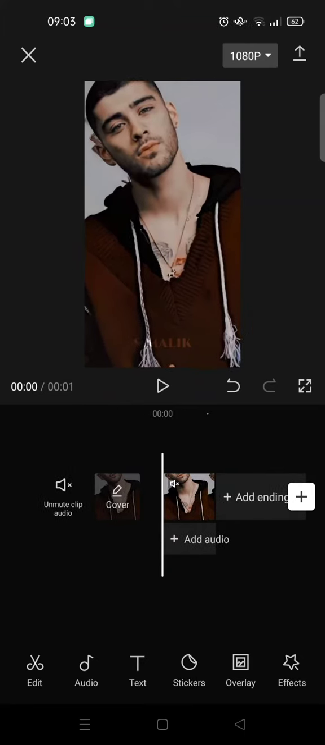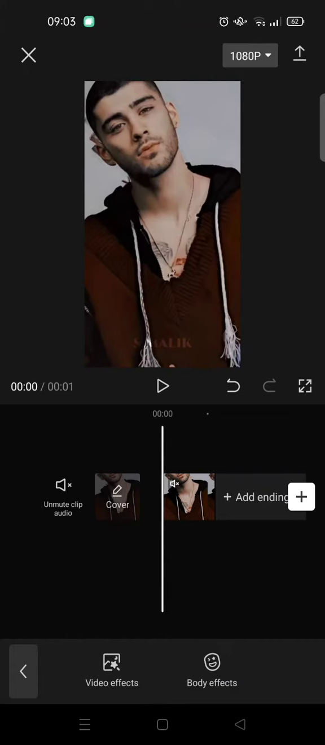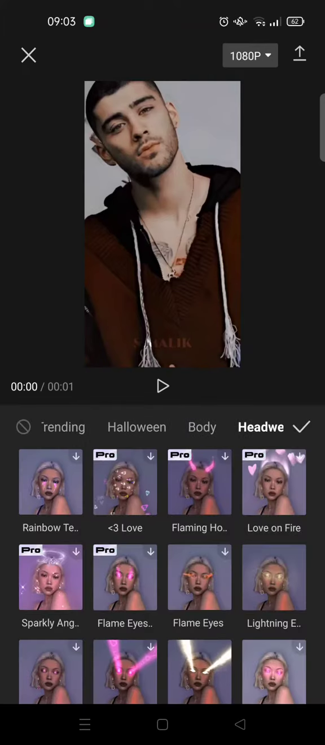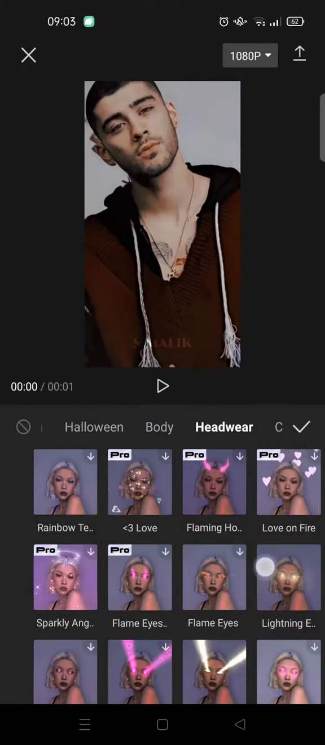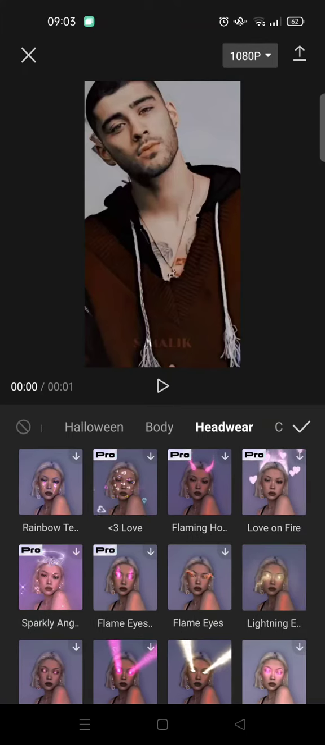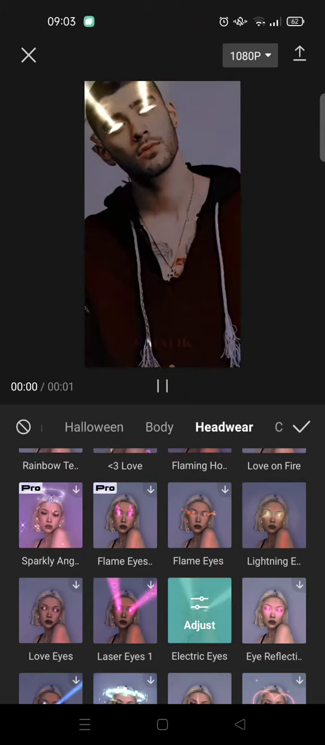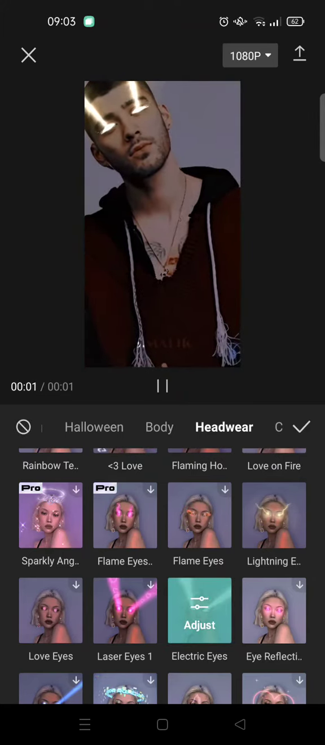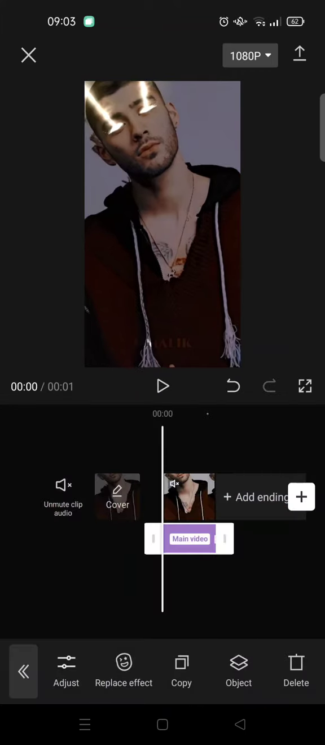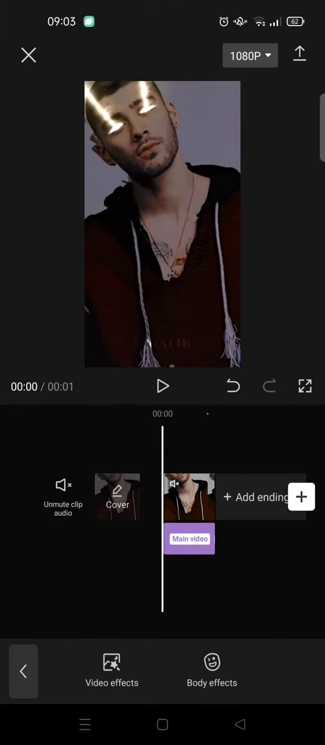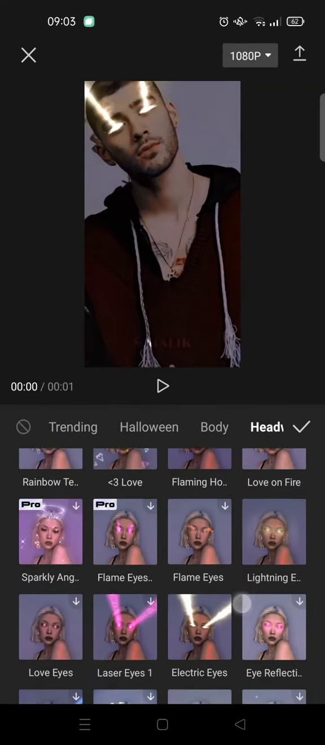And then next, go to effects and body effects. And here go to hardware and choose the electric eyes effect. So this one's right here. Click on the effects. You can adjust it if you want, but I'm going to just leave it like that, and then click on a check icon and then go back and click on the body effects again and choose